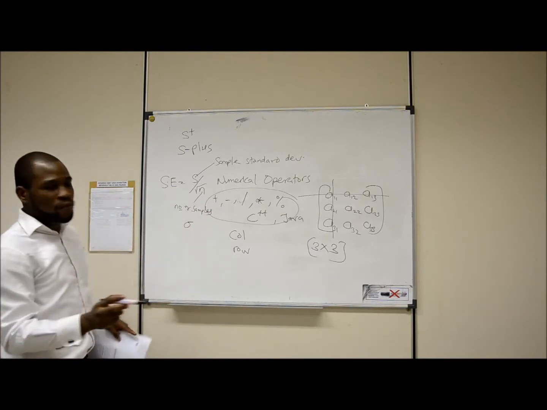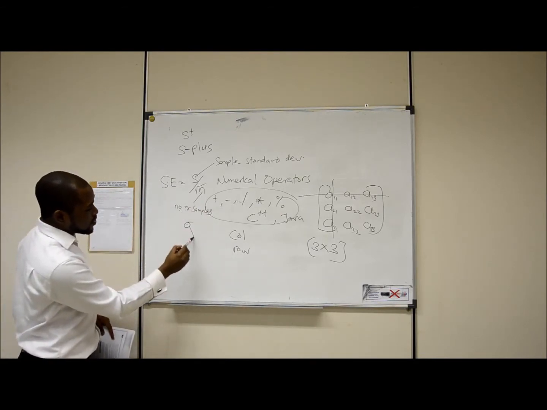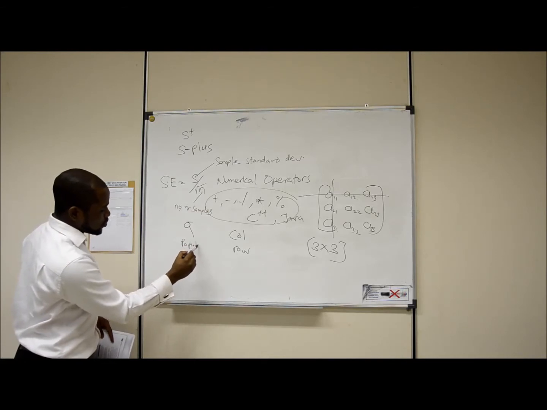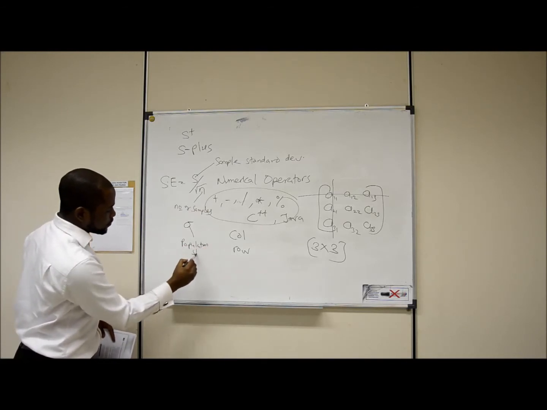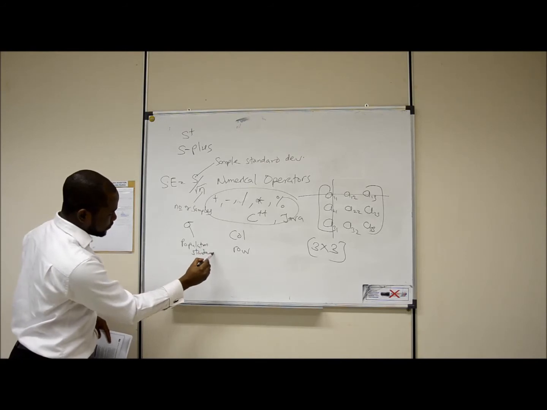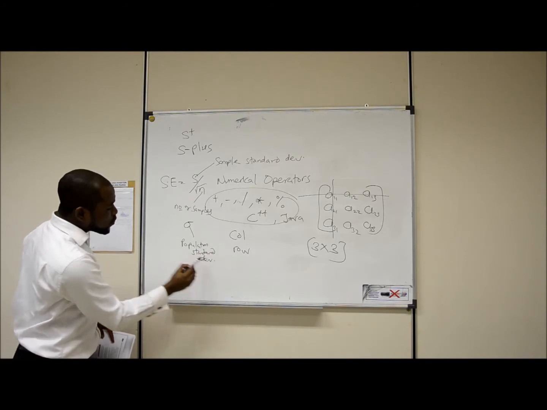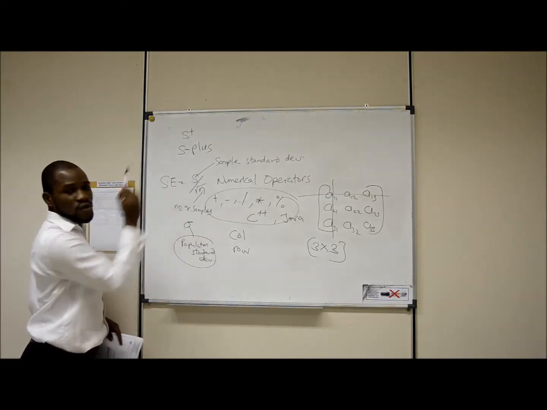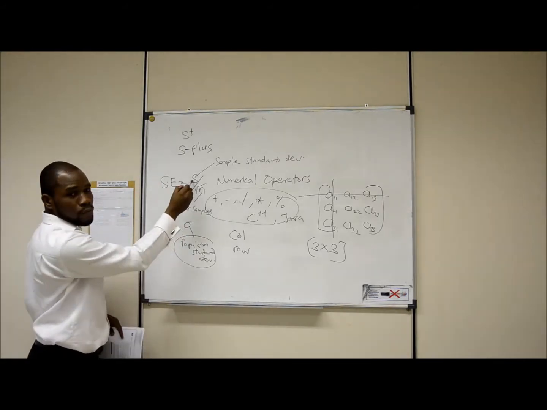The population standard deviation is the other quantity. So if we don't know this, we can assume this is equal to this, because we got this sample from